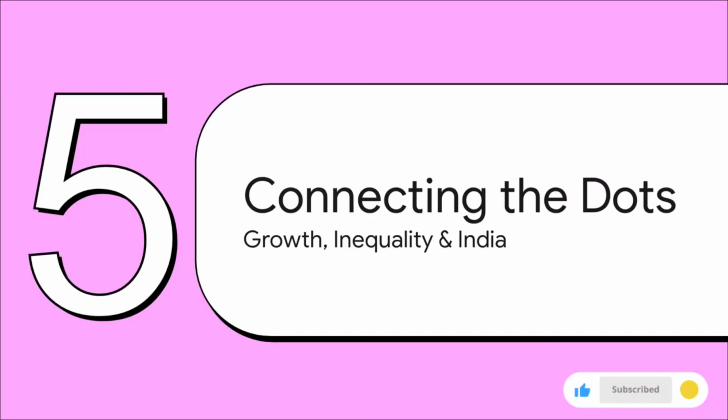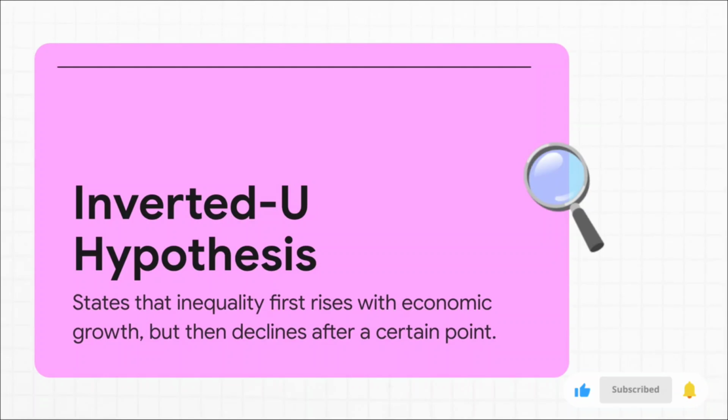So this brings us to a really critical question. What's the actual relationship between economic growth and inequality? Does growth make inequality better? Or does it make it worse? There's a famous theory on this, and we're going to see how it holds up when we look at India. This is the famous inverted U hypothesis, proposed by Simon Kuznets. His theory was that in the early stages of development, as a country starts to industrialize, inequality actually gets worse. But then, after a certain point, as the economy matures, that inequality starts to decrease, creating the shape of an upside-down U on a graph.